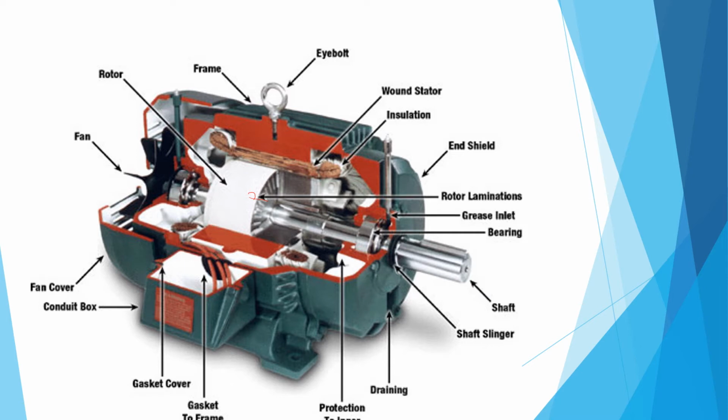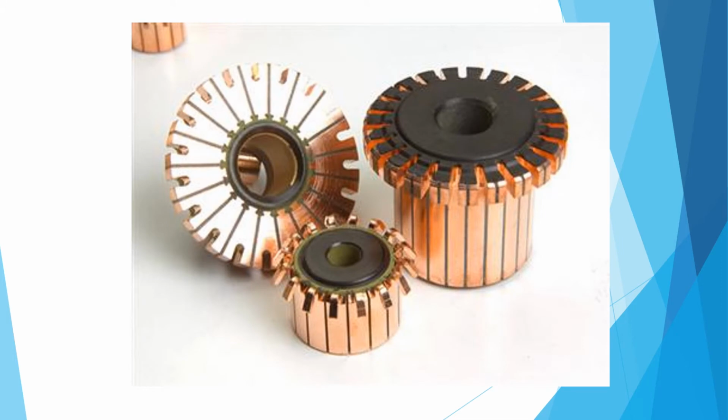Insulation. On the stator we have winding, right? When we wind those windings into the slots of the stator, we must insulate first. So you can see a white colored insulating material here. These are the commutator segments, and this one is the commutator assembly. This one is a part of the rotor structure. So on the rotor there is a shaft, armature and commutator.